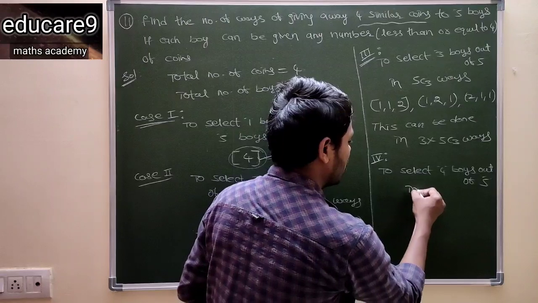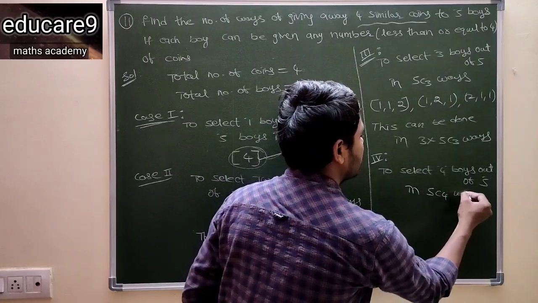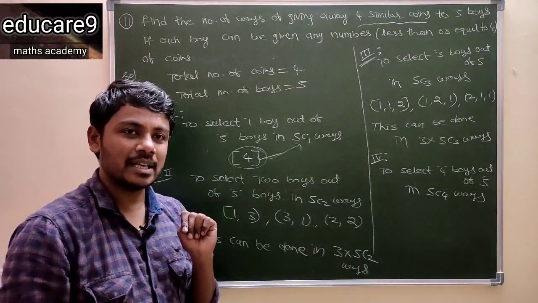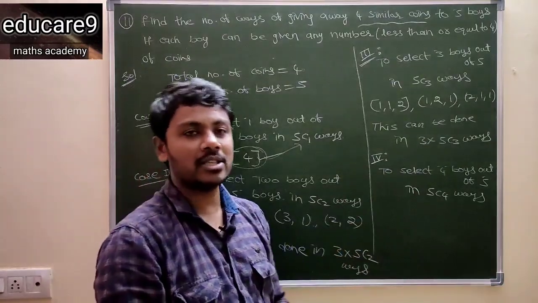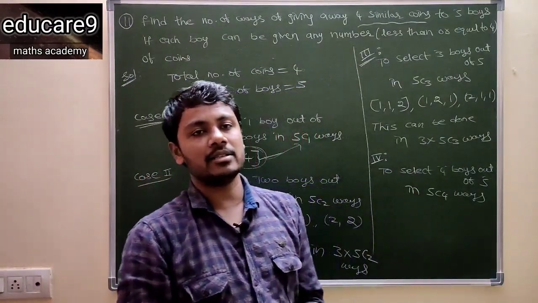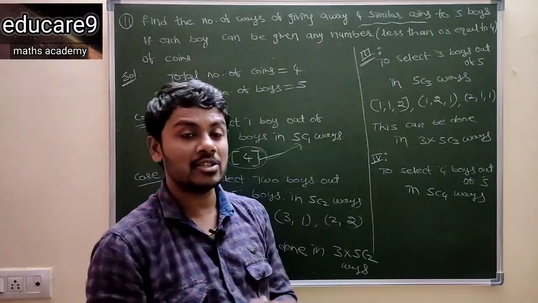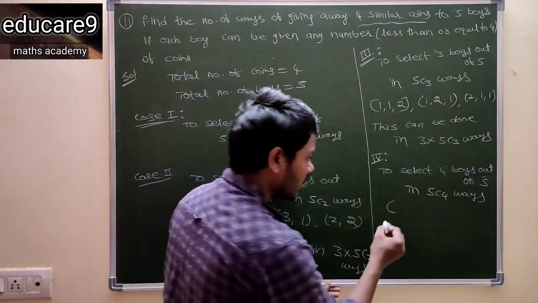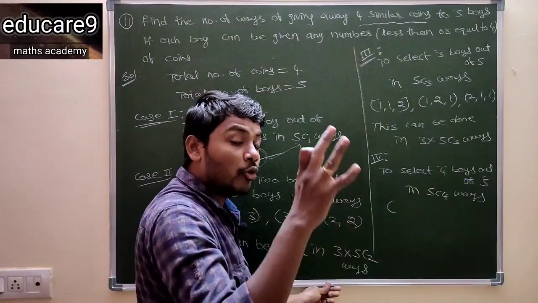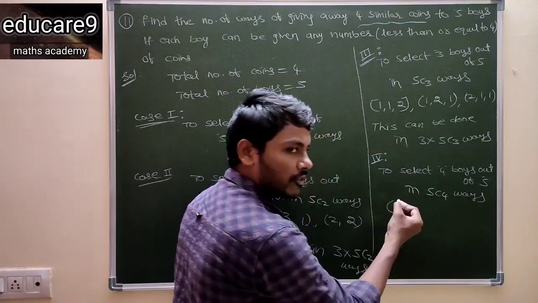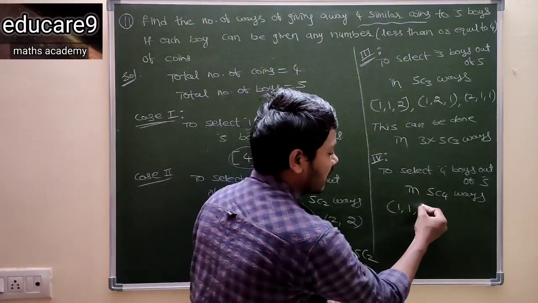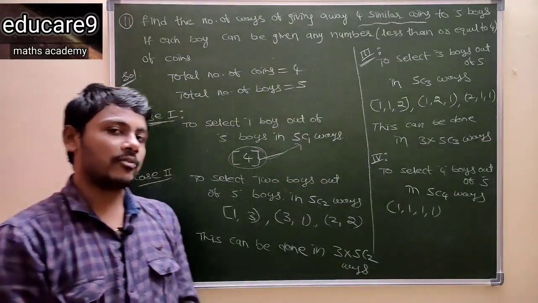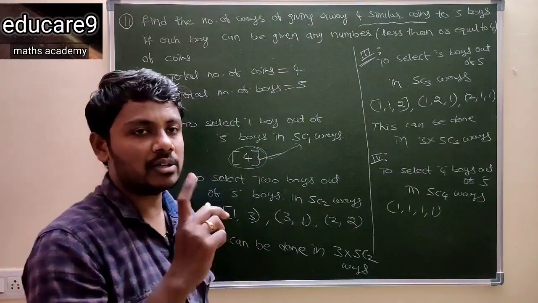So clearly, in how many ways? 5C4 ways. Okay. Here we need to select 4 boys. After selection of 4 boys, we have to give the similar kinds. How many similar kinds here? 4 similar kinds to 4 boys. See here only one possibility. Here total number of boys are 4. To give 4 similar kinds, 1 kind for first boy, 1 kind for second boy, 1 kind for third boy, and 1 kind for fourth boy. So therefore, this can be done in only one way.